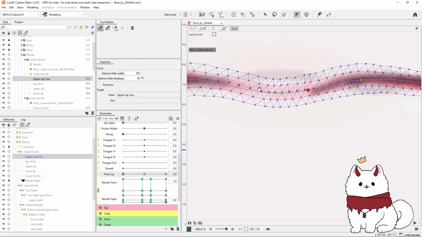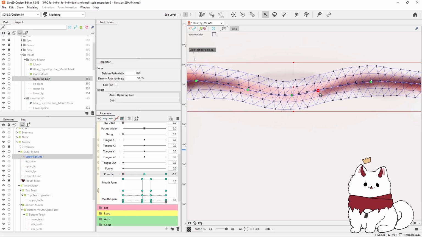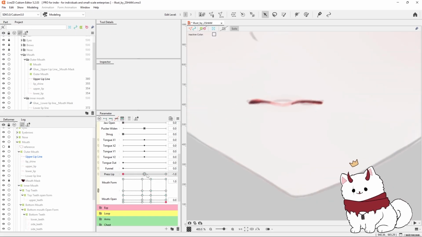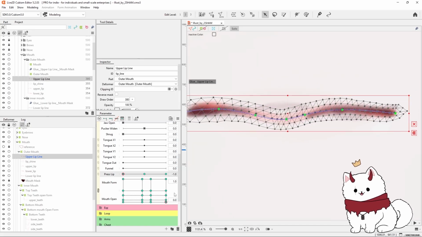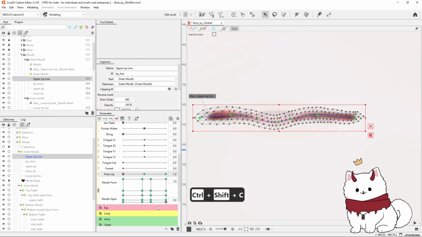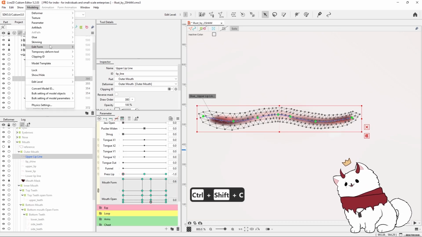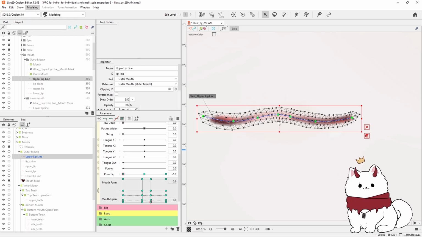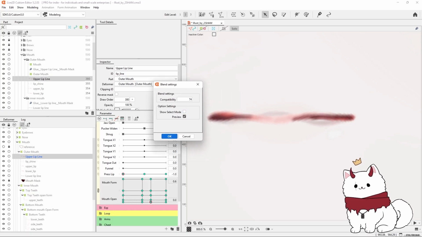So let's fix up the curve in the middle a little bit just to make it a little bit better. And here we go. We now have this form. So let's do this for the other forms. I'm going to copy this form here. I'm going to go here. I'm going to use it to blend. And let's do a bit more. Now that we blended,